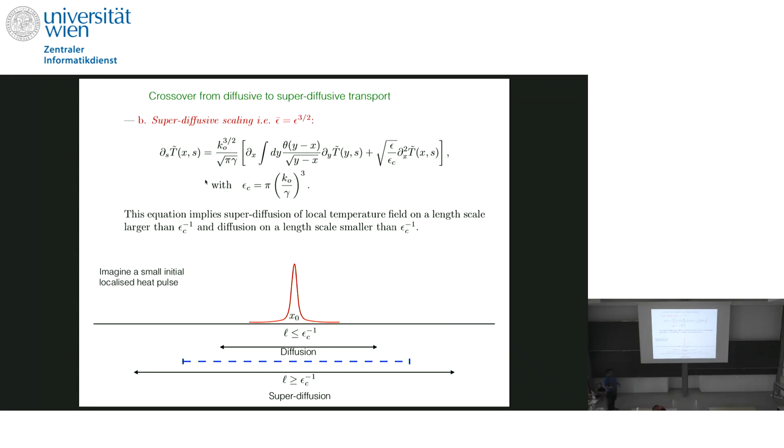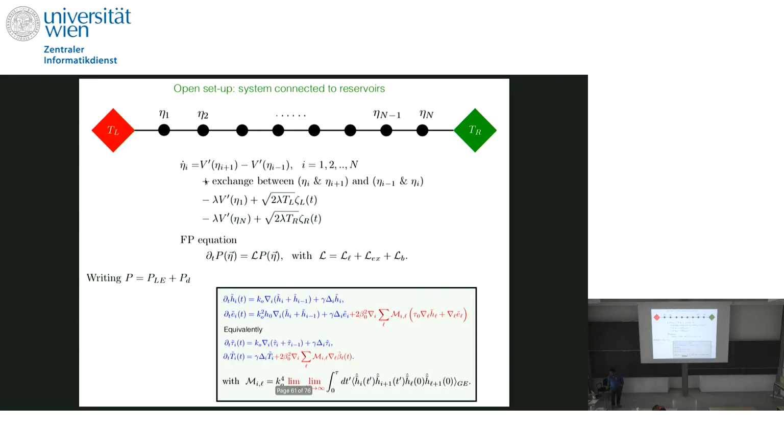So you'll have a diffusive spreading. But when the spreading is much larger than this length scale, it will cross over to super-diffusive spreading. And that's the crossover I wanted to talk about. But it is more convenient to demonstrate this crossover clearly in this setup, which is the setup which Sattu was asking about, with reservoirs at the two ends.